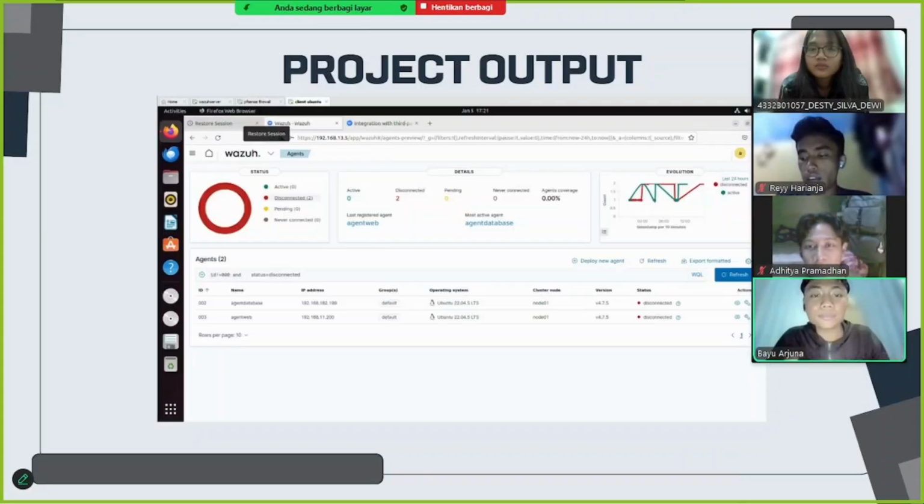Next. The dashboard highlights the successful integration of two Wazuh agents, one for the database server and one for the web server, both connected via VLAN network. Wazuh was proven to be an effective tool in this project, providing seamless monitoring of both the database and web servers, enhancing the security and